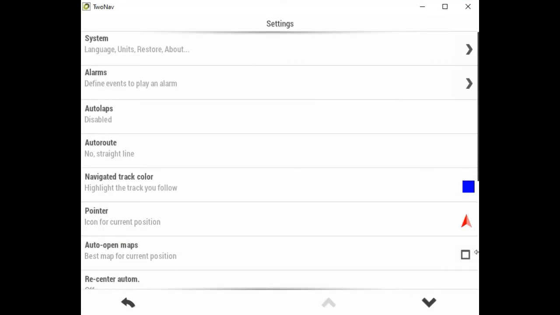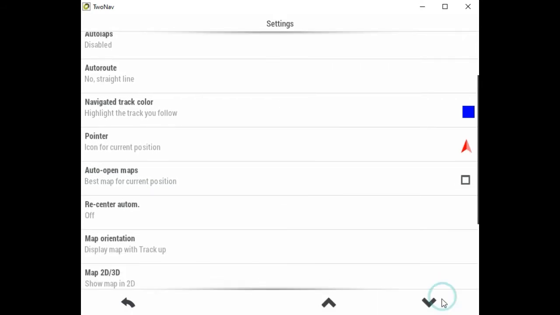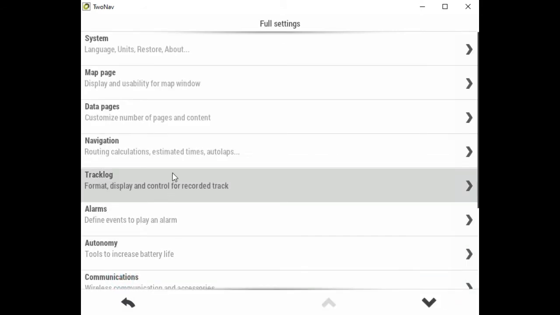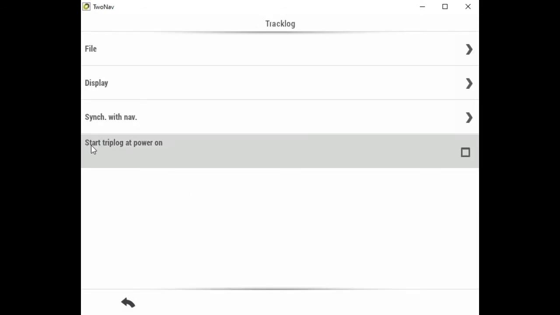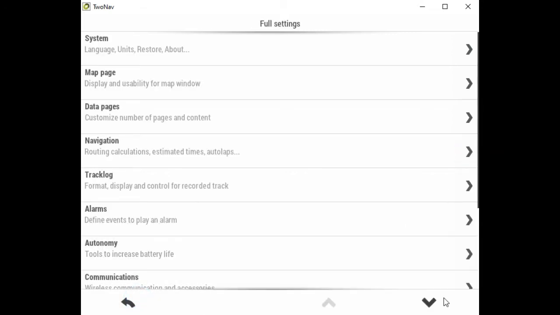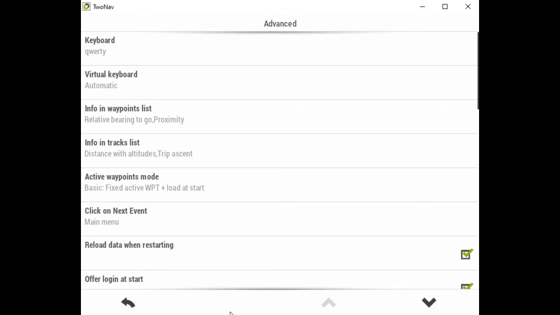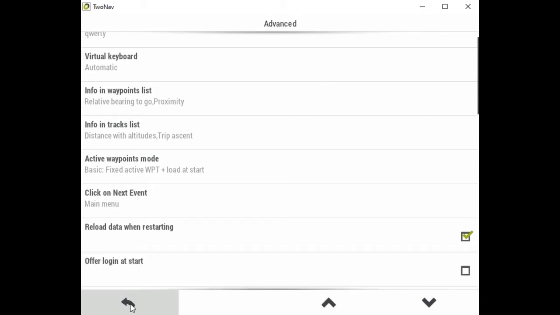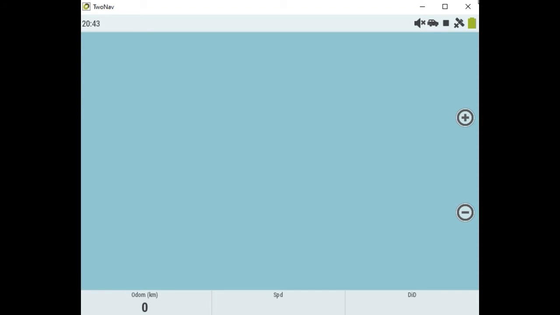Okay, the next one we're going to go to is settings. Full system, track log, start track log on power up. I always like this one ticked, so it's always track logging whenever we start the tablet, computer, whatever you're using. Then we're going to go down to advanced, and we're going to go down to untick offer login at startup. Okay, so we've pretty much done all the basic settings, so we're just going to jump out of here,